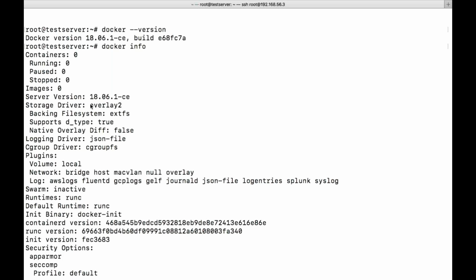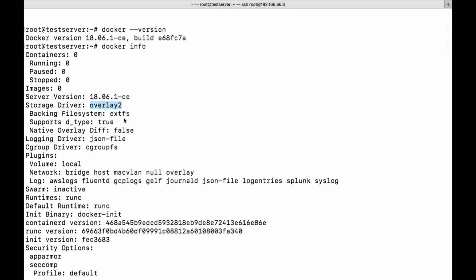We have so many options besides overlay2, like BTRFS. By default, this version is providing overlay2. If you want, you can change it. In the backend of this particular overlay2, it is using a Linux file system called EXT4, the extended file system. In the background, the main Linux file system will be used, that is nothing but EXT.